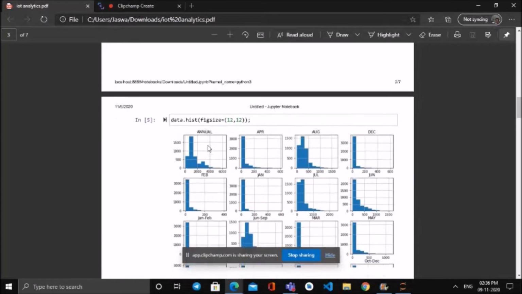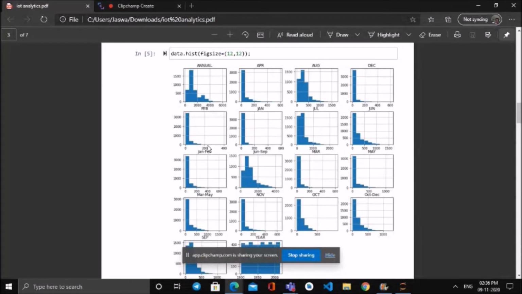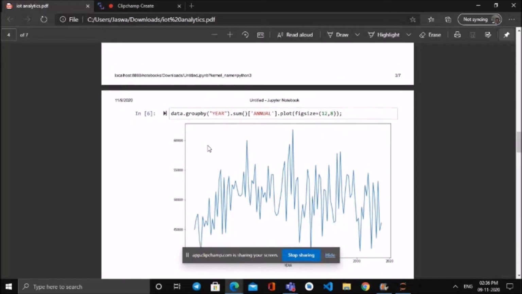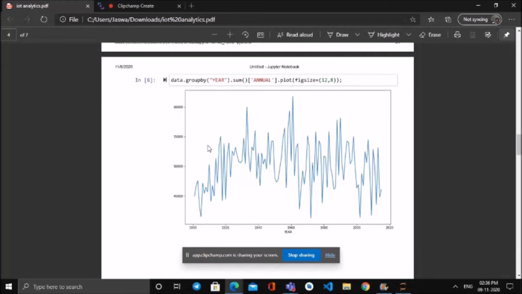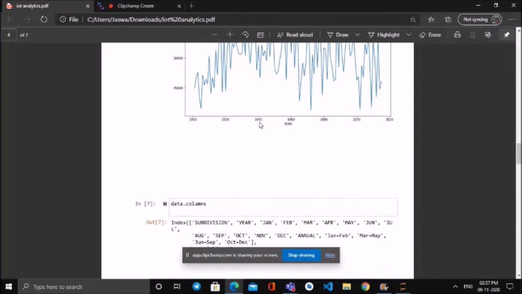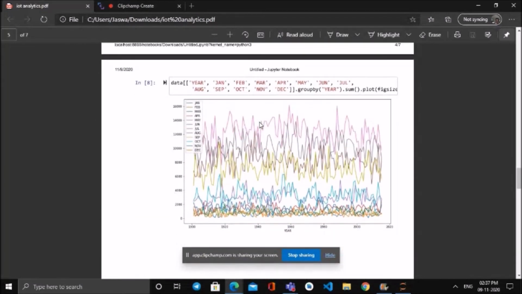This is a pair plot, plotted year versus intensity. This is a graph we have plotted for the year versus intensity for all the states. Like for a particular year, how much rainfall there was in all states. We have plotted the graph here. We can see the rising up and down, and I have divided the years into months. And here we can see for each month, for a particular state, how much the amount of data increases.